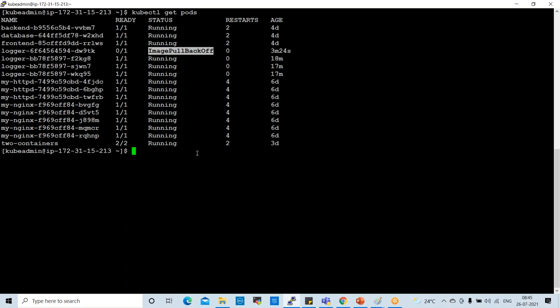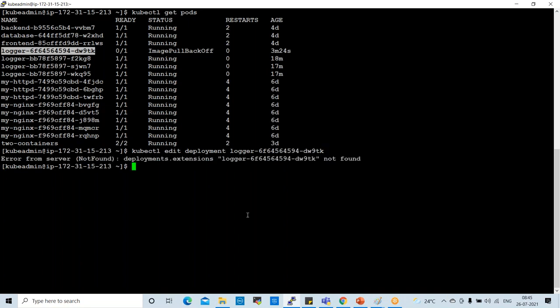You can go and edit the deployment. kubectl edit deployment, and give the deployment details. One second. We need to edit the deployment, not the pod. Okay, kubectl edit deployment.